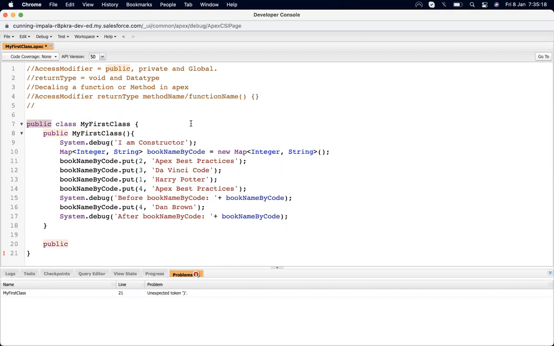But when we're talking about packages, suppose in a Salesforce org I install a package that has only public methods, then we can't access that class. It must be declared as a global class, so that we can access that class outside that package.